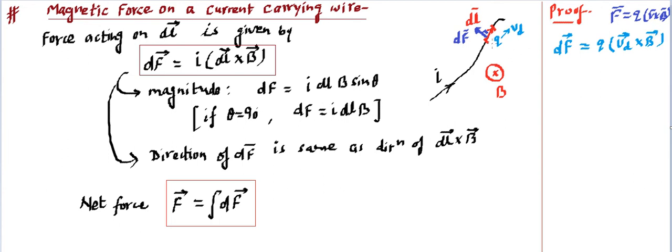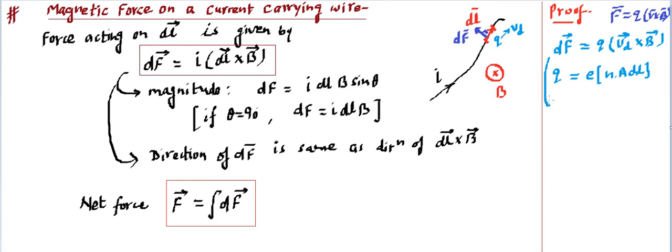Now what charge will be located in this particular element? In order to calculate that, we can say this q is going to be e, the charge of one electron, multiplied by the number of electrons available in this zone, which will become the total charge. That is going to be n, the number of free electrons per unit volume. So we need to multiply with the volume of this part. The volume is the cross-section area times the length, and the length that we are considering is dl. So we can write q as e n A dl, and now substitute this q there.